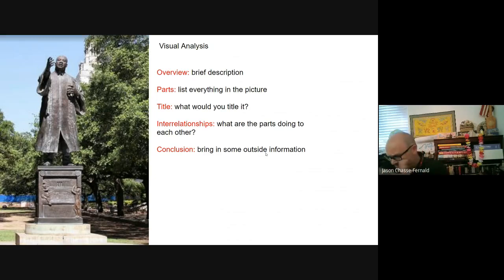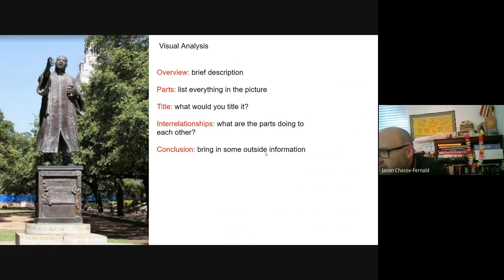It could be a whole host of things, right? It could be a map, right? So in my opinion, visual analysis is a little trickier to earn the sourcing point. And the reason I say that is because by the time you start doing these things, you're usually pretty good at bringing in the outside information. What you're not really good at is taking that outside information and applying it to what you're seeing here in this image. Okay, so if you're going to do a visual source, these are some suggested tricks from the College Board in order to earn the sourcing point.